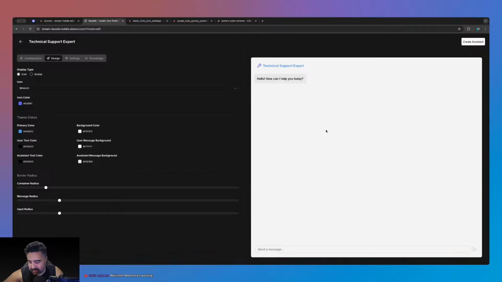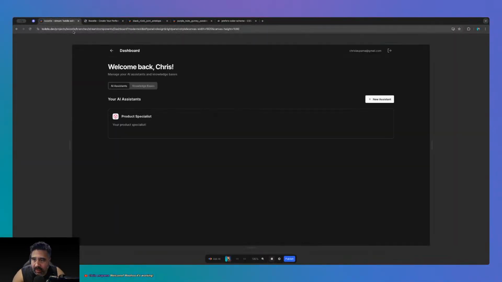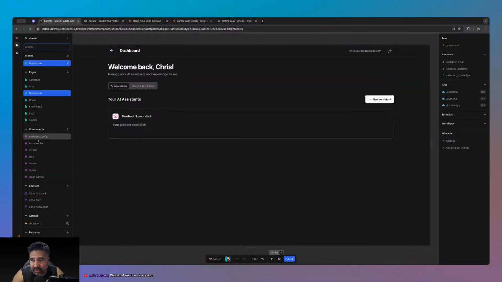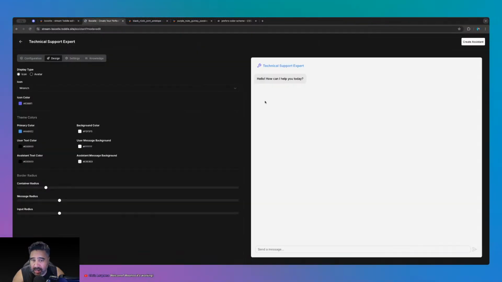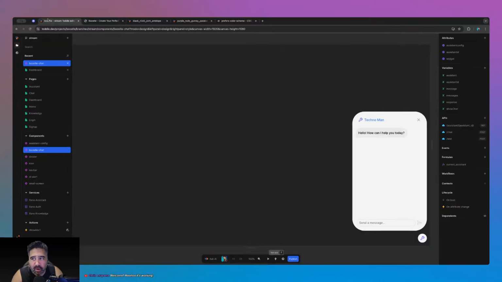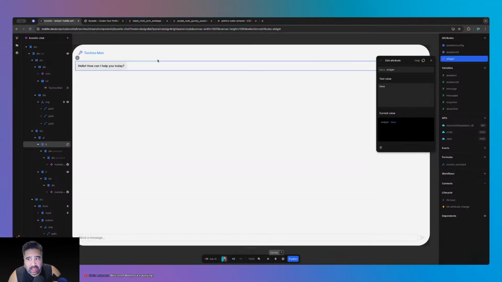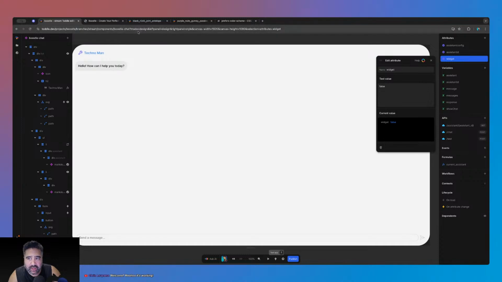So this actually is the widget. That widget that you saw us in before, I used that straight off the bat. So that's just plonked in there, and that way it was killing multiple birds with one stone. So there's the chat widget, but one of the attributes is if it's a widget or not. So if we switch this to false, you'll see it just will go full screen with their design,